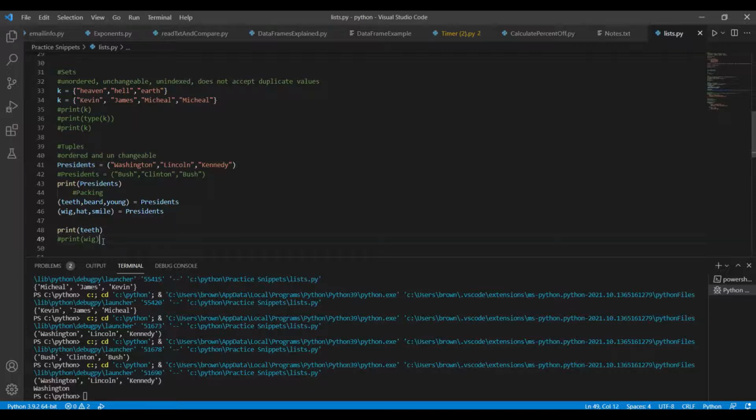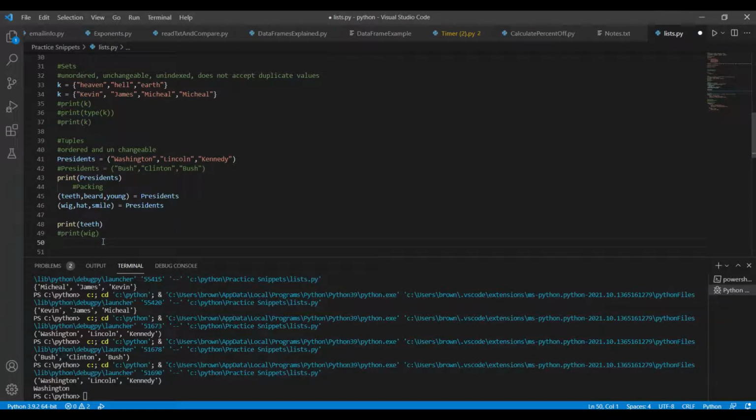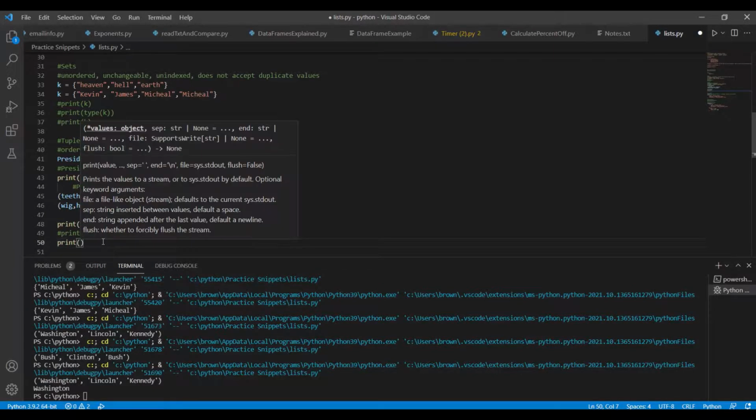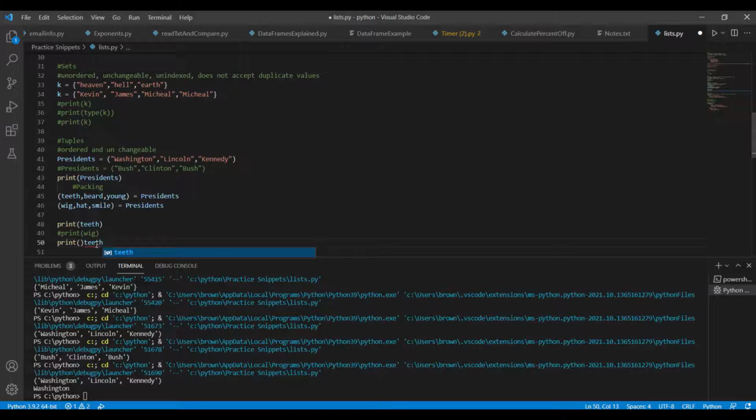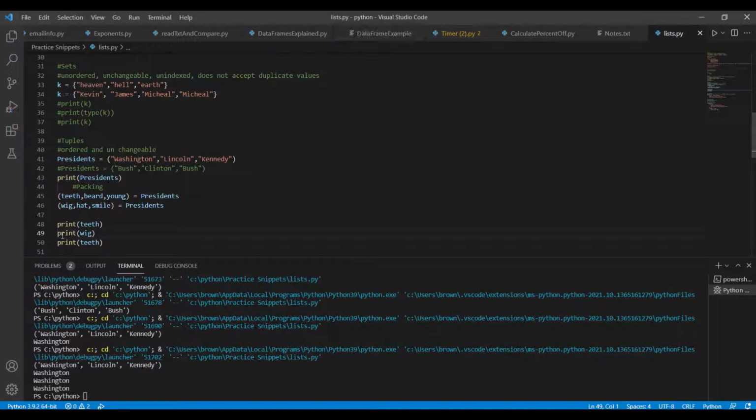But watch what happens when I print teeth again after. Oh, good Lord. There we go. Print wig as well. And we have Washington, Washington, Washington. So this statement does not supersede this statement. It's really weird. So that almost means like you can. I don't know, because I haven't